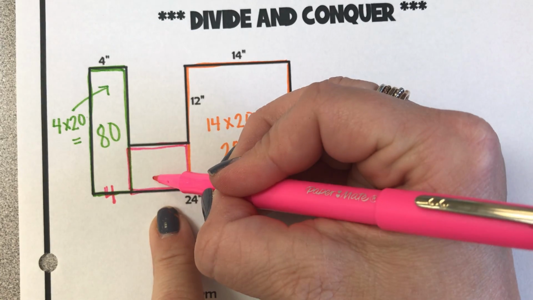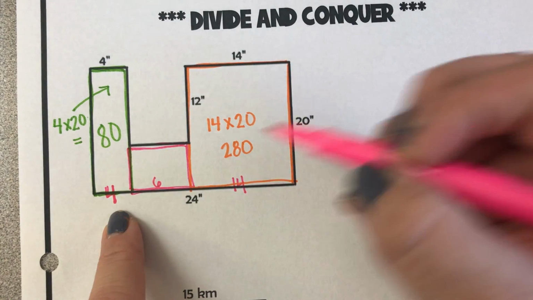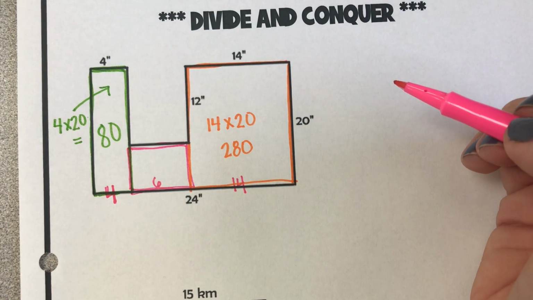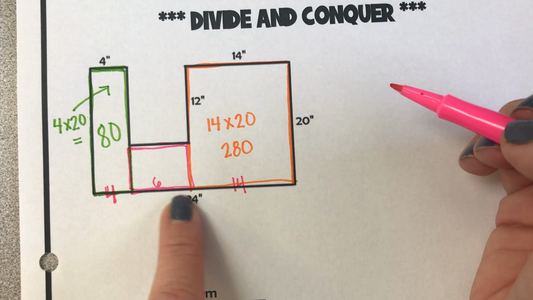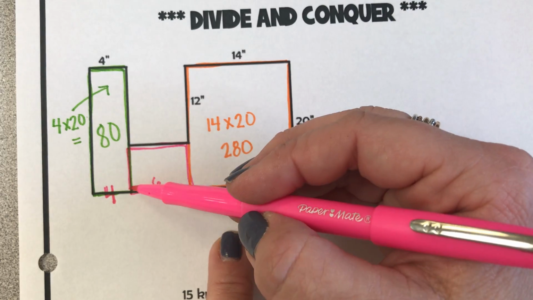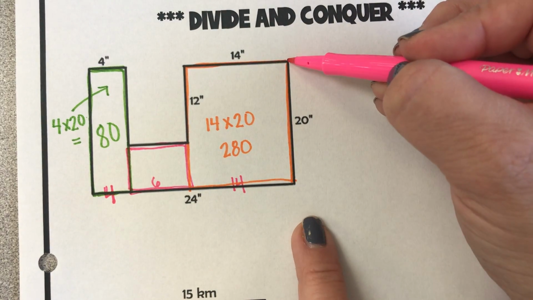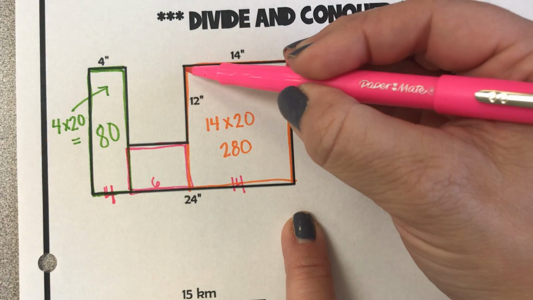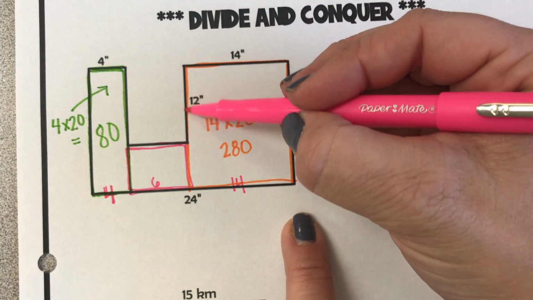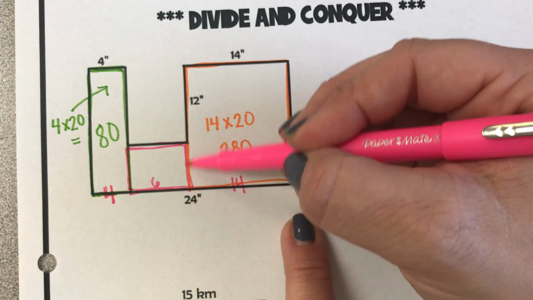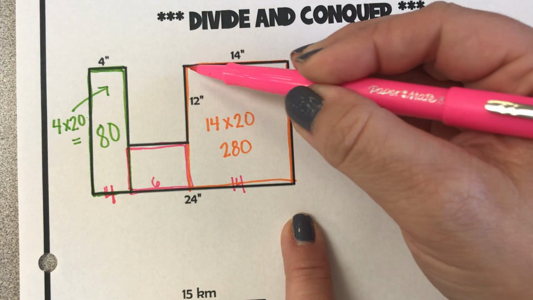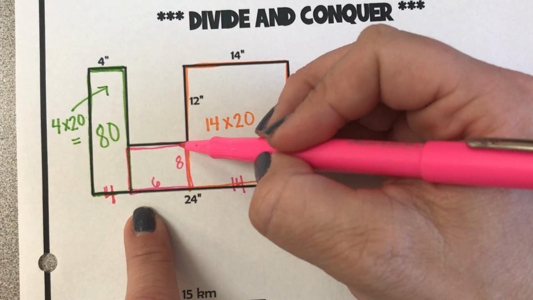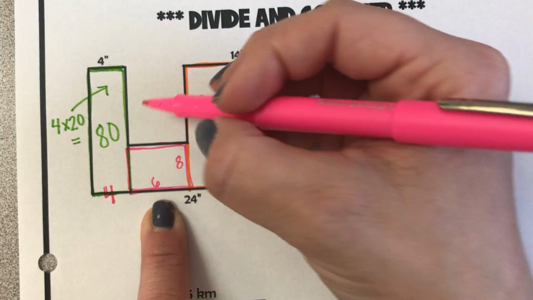That means this would have to be 6, because 4 plus 6 plus 14 makes 24. So I know the base of it, but now I need the height. From the top of your room, the far corner, down to here is 20. Your bathroom is 12, so how much is left for this little part? If this is 20 and this is 12, this would be 8. So this little section is 6 by 8,